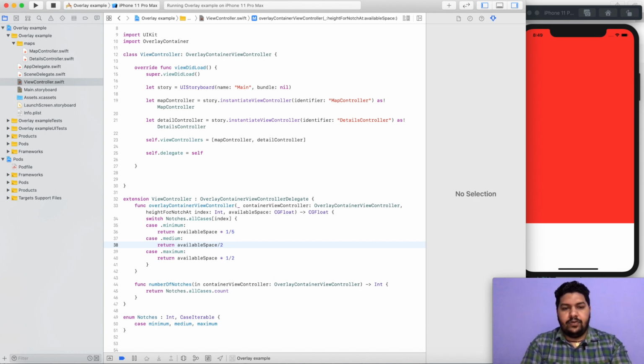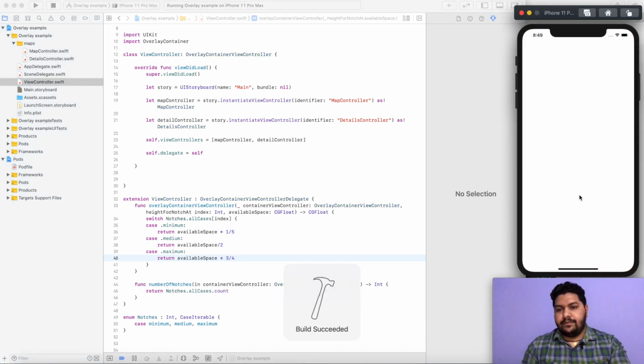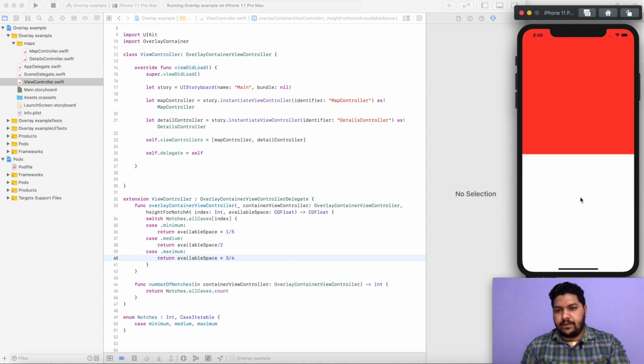This will be divided by 2, and this one we can say 3 of 4. Now again I will run and we will see the difference. 1, 2, 1, 2. Okay guys, so it worked like that. It's working as expected.